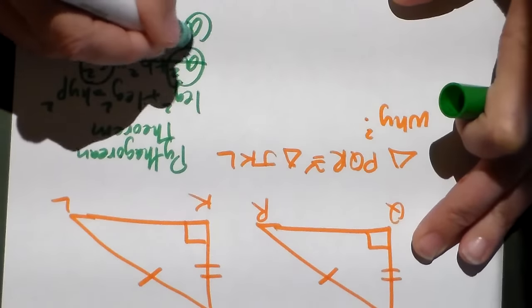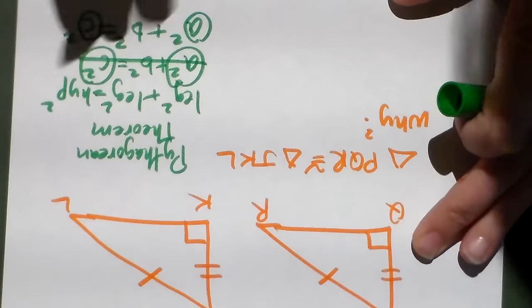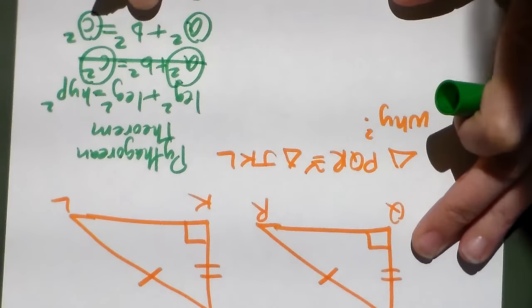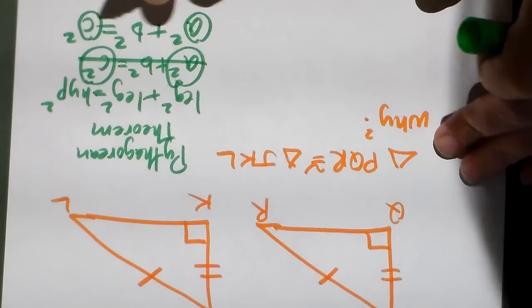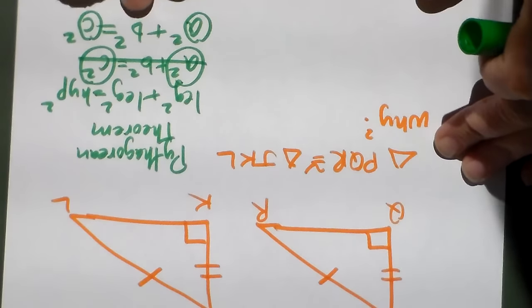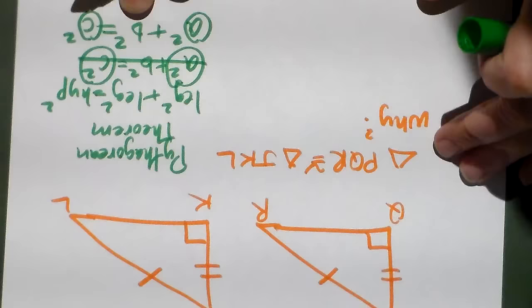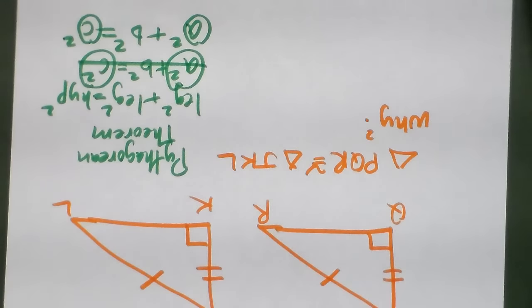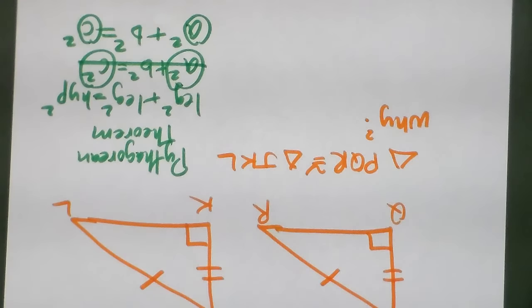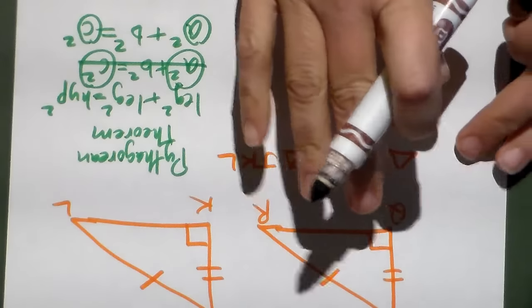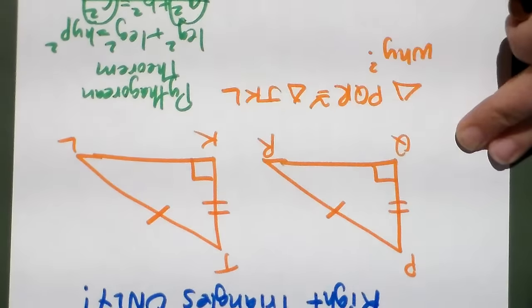If they have one leg that's the same and the hypotenuse that's the same, think about the equation. The other leg would have to be the same, right? I can't have A and C be the same thing and get two different B's. So that's why HL works. You're going to see HL quite frequently when you have right triangles. And it looks like the configuration ASS, that's why we don't call it that, because ASS does not